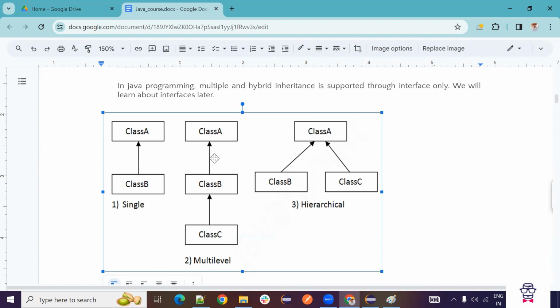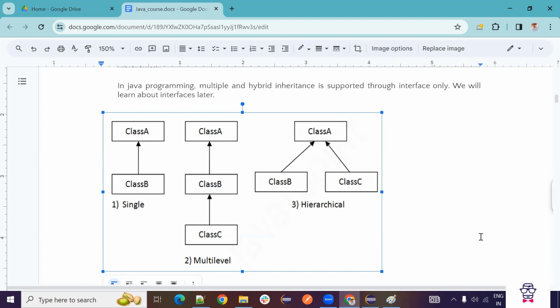Now we said class A has class B and class C in a chain. But what if we have class A and class B, and instead of extending class C from class B, we extend directly from class A? For example, one parent can have multiple children. So parent A will be there, and it will have child B and child C. Whatever you have in parent A, you can access in child B as well as child C.